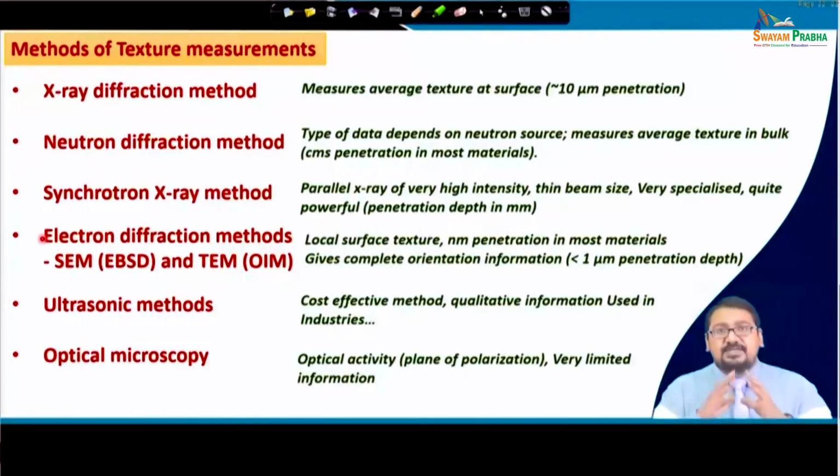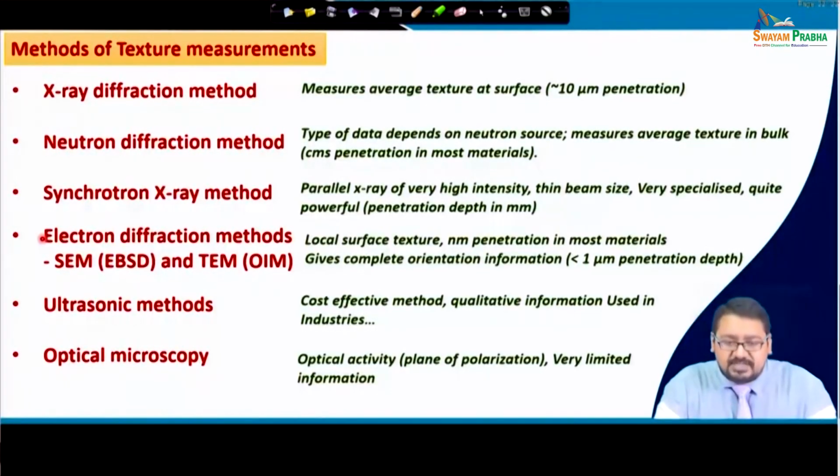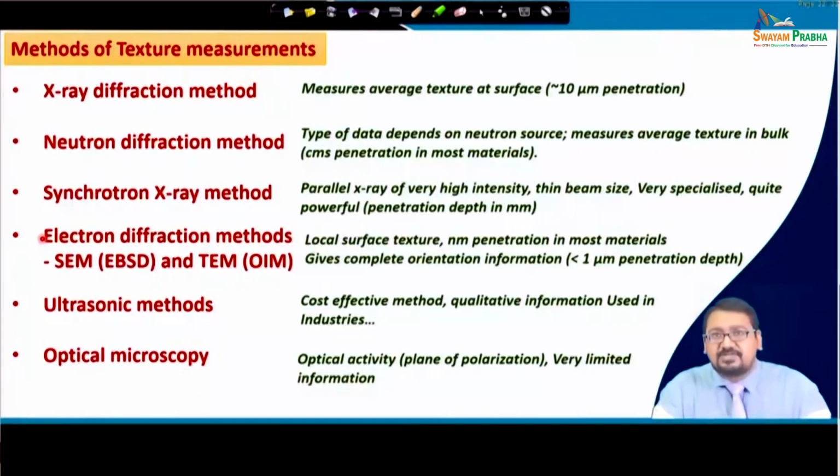The fourth method, as I said, is electron diffraction method. One can use SEM EBSD or one can use TEM OIM. Now, SEM EBSD is much easier to utilize because preparation of a sample for TEM orientation imaging microscopy is extremely difficult as compared to the EBSD microstructure preparation, even though EBSD microstructure preparation is also considered sometimes difficult for some materials such as magnesium and titanium, etc. In case of nanostructure grains,